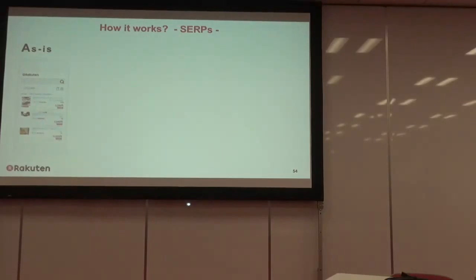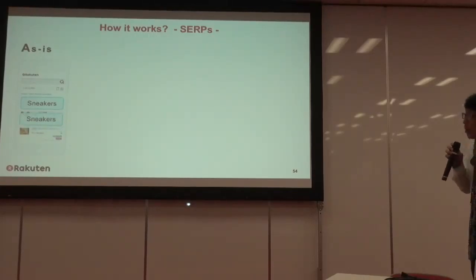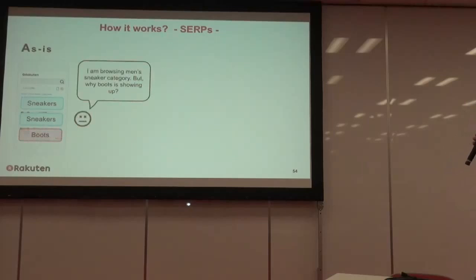This is how our product data is working. This is an example of the SERP. This is a case where the customer filtered the search by category. This is a case of sneakers. The first one is a sneaker, it is okay. The second one is also a sneaker, but the third one is actually boots. So we got complaints from customers like,